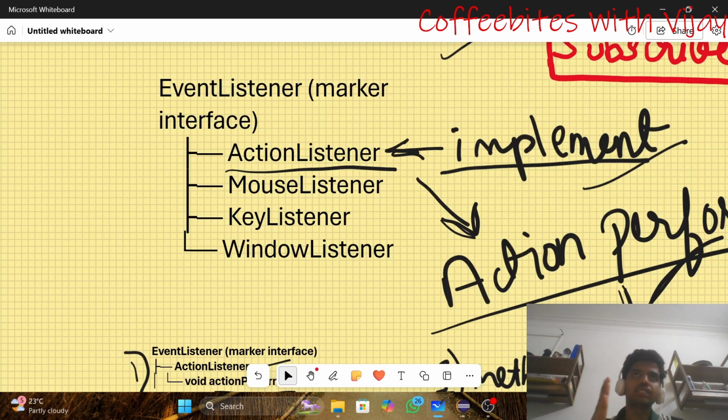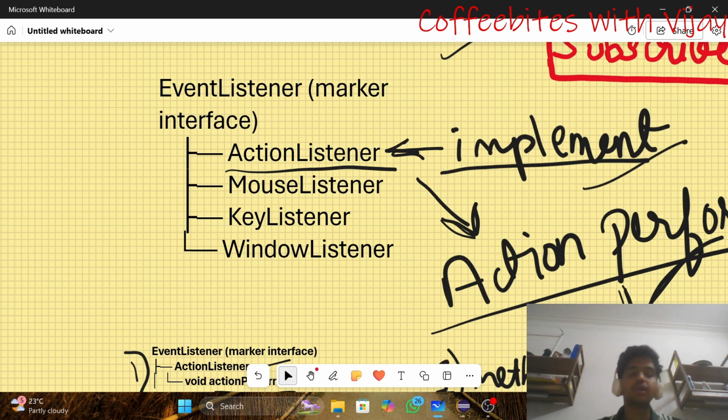For every specific component, there is an associated interface. Like if I am using a button or label component, I have to implement ActionListener.